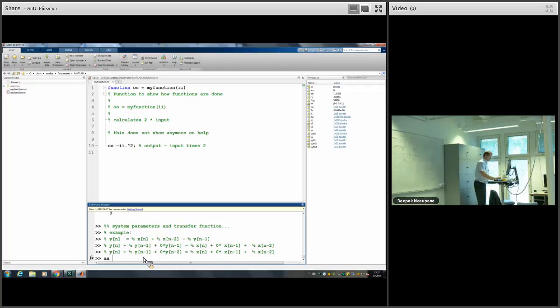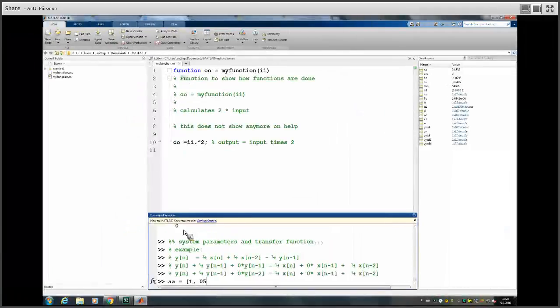Parameters, vector A. This y of n multiplier is 1. Then we have half, 0.5. And then we have 0. Right. That's a system